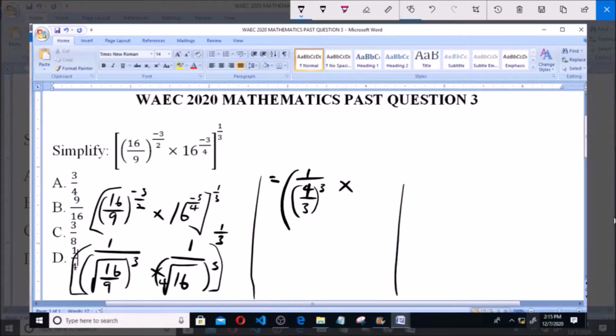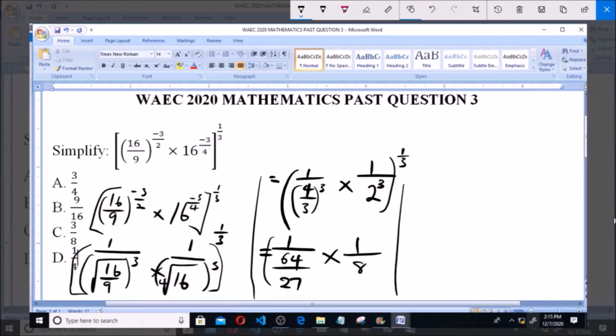then multiplied by 1 over the fourth root of 16, which is 2, so 2 cubed also, everything raised to the power of 1 over 3. Now this is equal to 1 over 4 cubed, which is 64, over 3 cubed, which is 27, then multiplied by 1 over 2 cubed, which is 8, everything raised to the power of 1 over 3. Now this is equal to 1 over 64 over 27, the same thing as saying 27 over 64